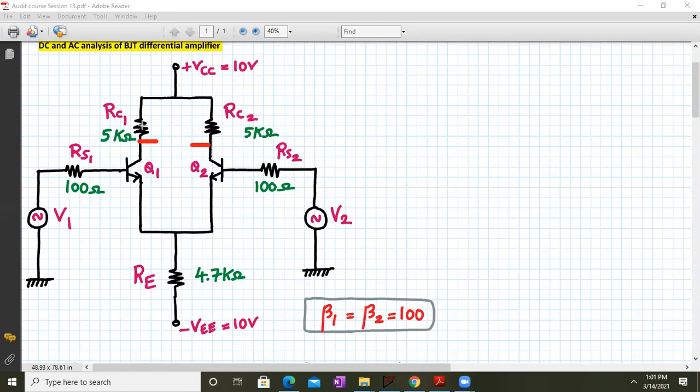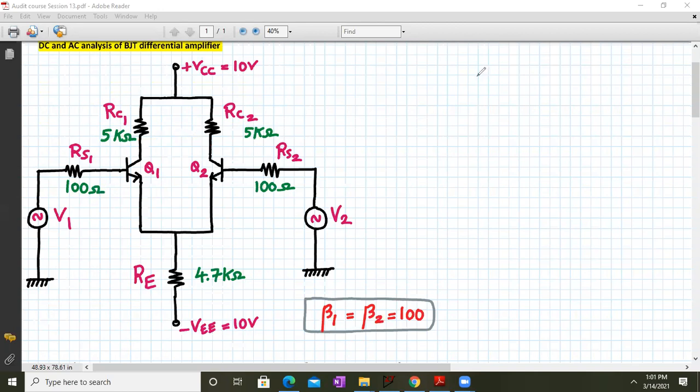Okay, so I'm not renaming it as output 1 and output 2. I'll do that in the LTspice simulation. So far I think this is clear. Okay, so this is one and this is, oh, sorry, let me, yeah, this is 2. So output is taken across 1 and 2 terminals with respect to each other and not with respect to ground.